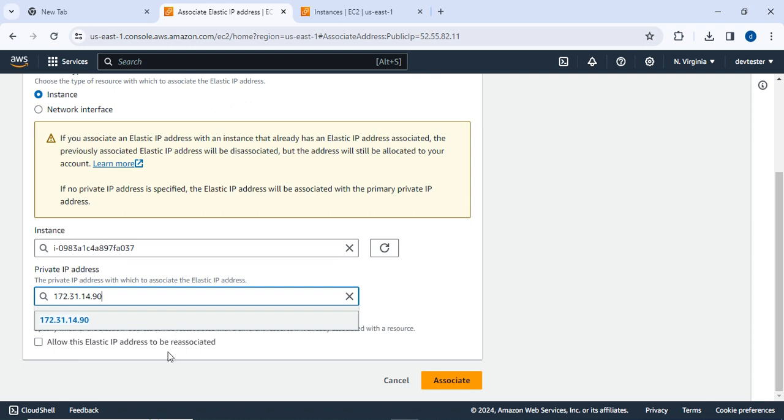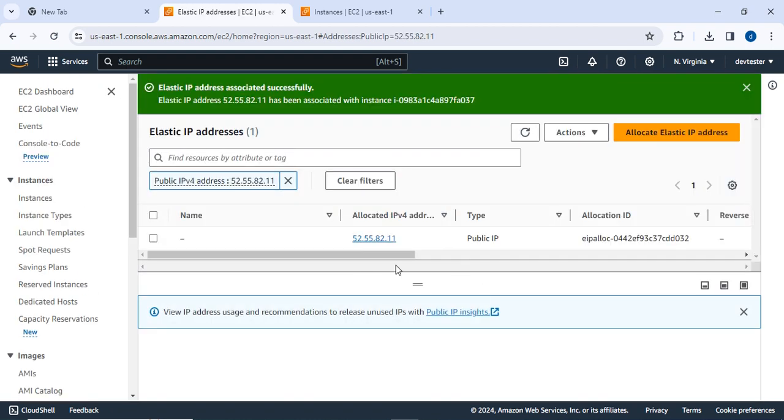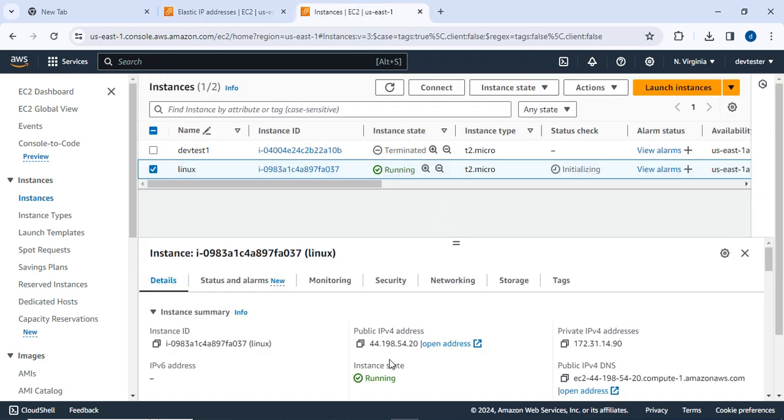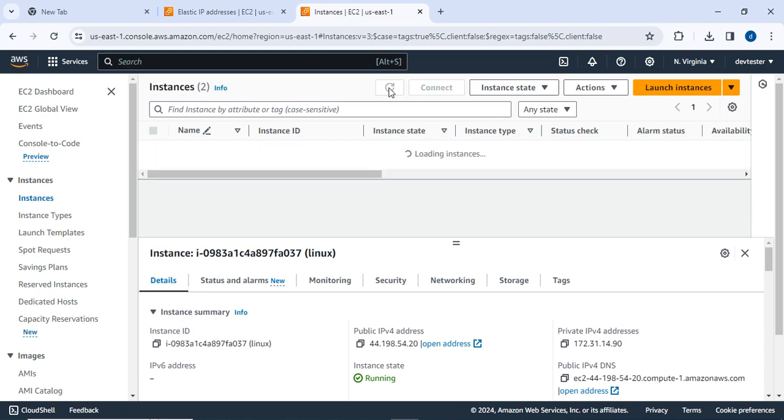But this is the first time I am associating this Elastic IP, and this Elastic IP is not allocated to any instance. So that's why I don't need to enable this option. Okay, just click on associate. Right now, what I have done is I associated the Elastic IP to the instance. So right now, what is the instance IP? 44 series. Just if I refresh the machine,